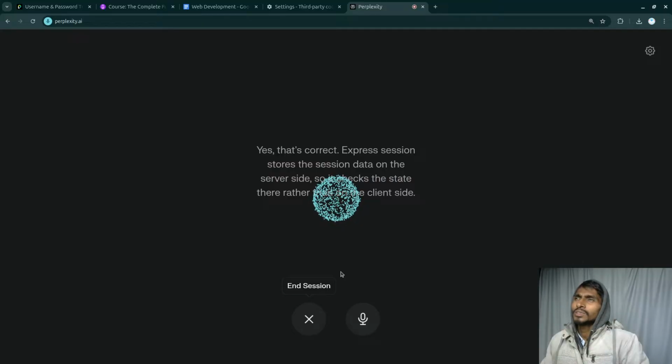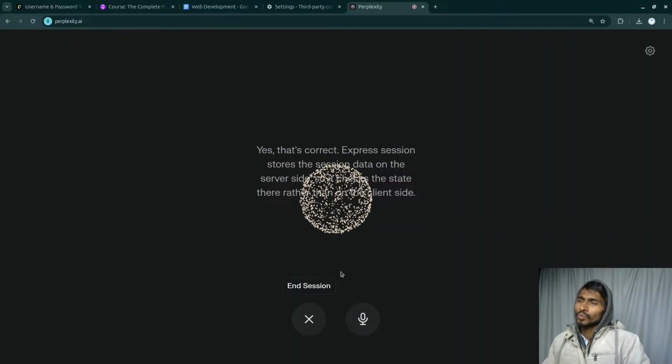So that means if I'm directly using cookies and I'm sending the cookie with the request to the server, I can use a middleware and authenticate the cookie, like I can decode the cookie token that I actually get. So that way it will work. So what is the use of Express session then?